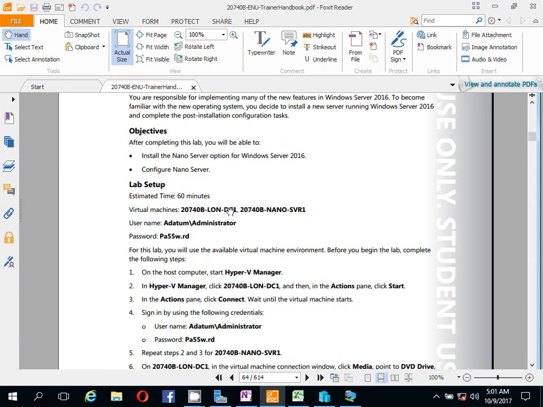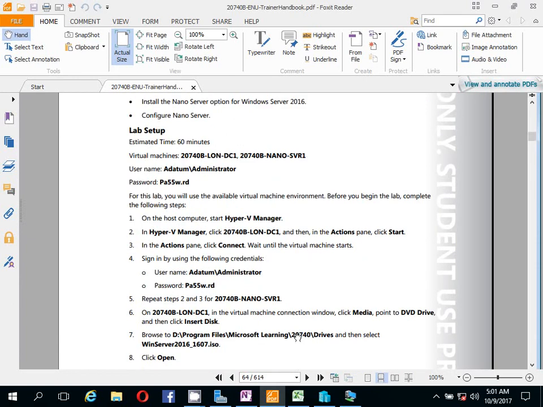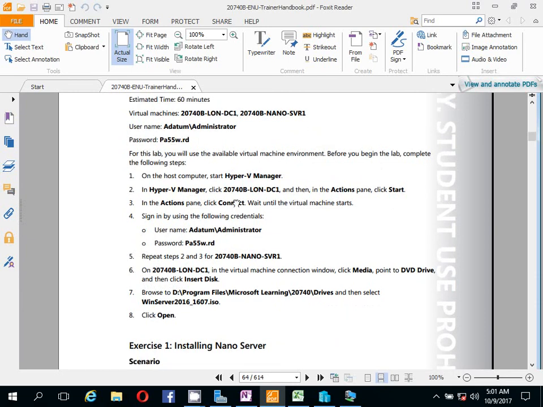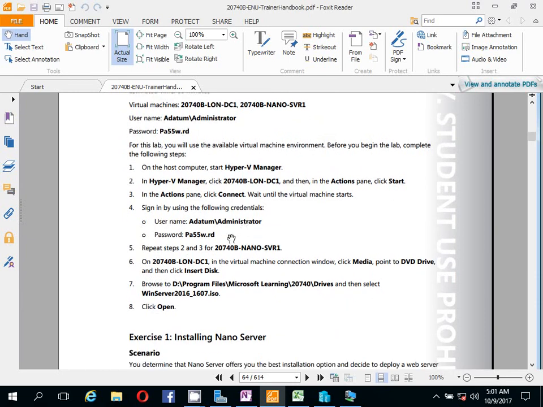How are you going to switch on? Right, so this is the Hyper-V Manager. Go to Hyper-V Manager, start, connect. These things I did, and the password you need to type, that one also they have mentioned, and this one also you need to do. Right, so on London on